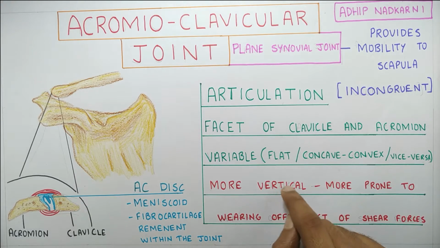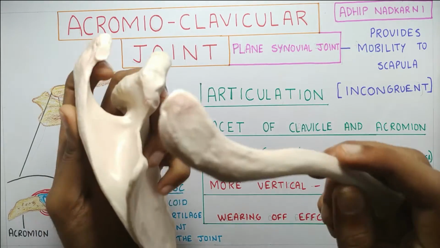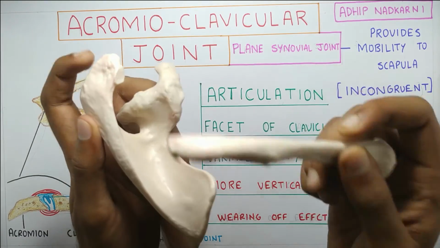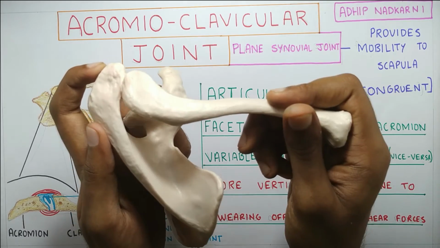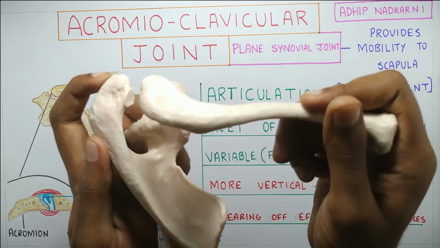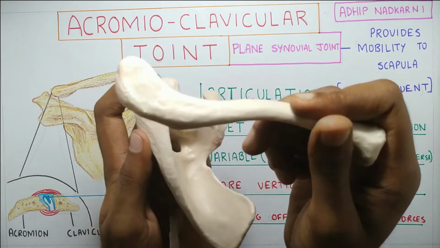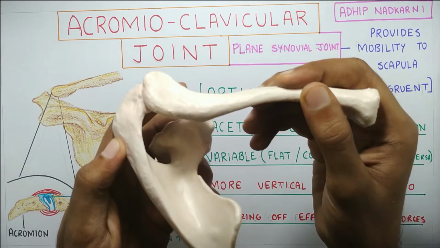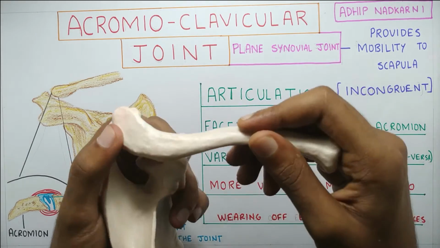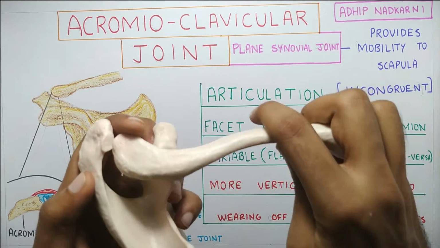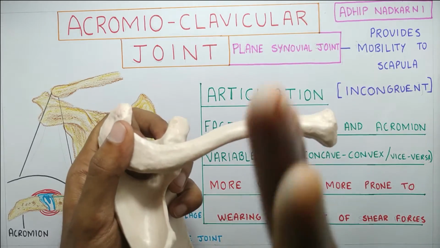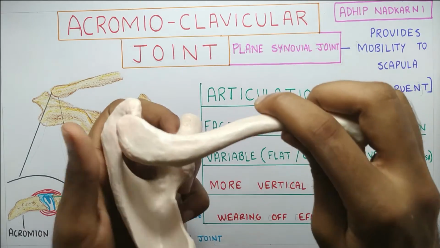The more vertical the articulation, the more prone it is to the wearing effect of shear forces. Your clavicle articulates with the scapula like this. So if the articulation is more vertical, there are more chances of the clavicle dislocating, that is, the AC joint dislocating over here at this joint. But if it is a flat joint, it will be more stable, right? Even if there is some force on the clavicle from the top, it won't dislocate because it is a flat surface. Whereas if there is a force and it's a vertical articulating surface, it will easily go for